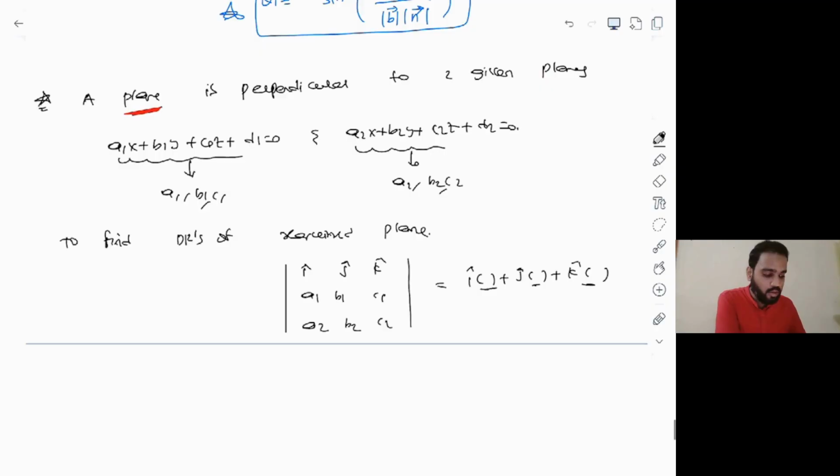Okay, so once again, if a plane is known to be perpendicular to two given planes, to find out the drs of that required plane, simply do the cross product of drs of the first plane and second plane, and whatever are the coefficients of i, j, k, those are the normal drs of the required plane. Okay, so this is one of the most important properties you have to remember. There were many questions based on this. Okay,